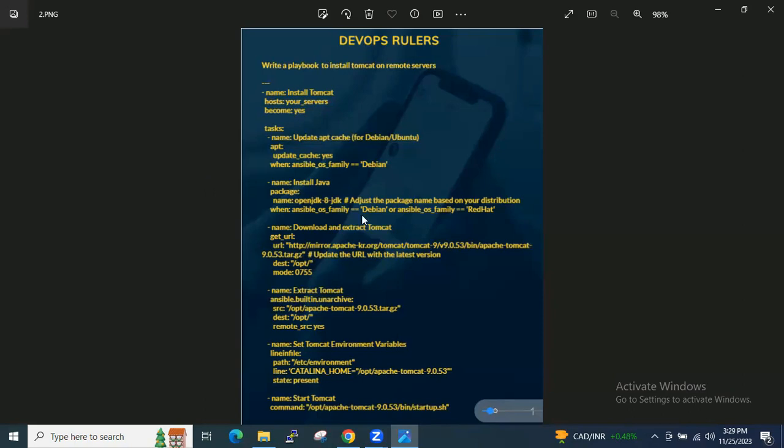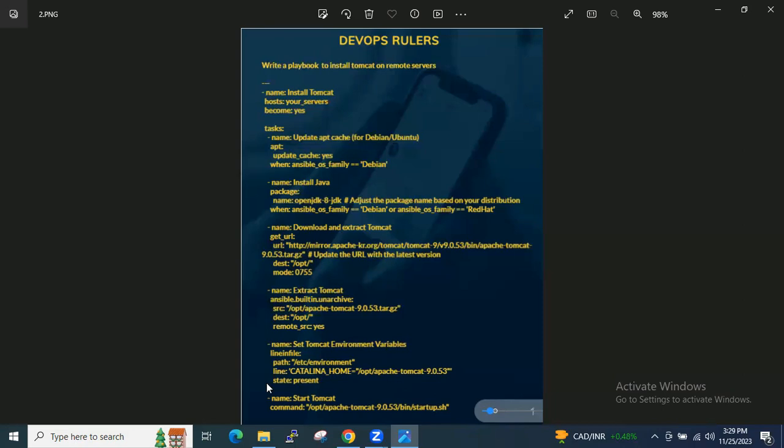Using this URL and the get_url module, we are downloading it in the opt directory with 0755 permission. After that, we are extracting it using the Ansible built-in archive module. After that, we are altering the variables required to run Tomcat,